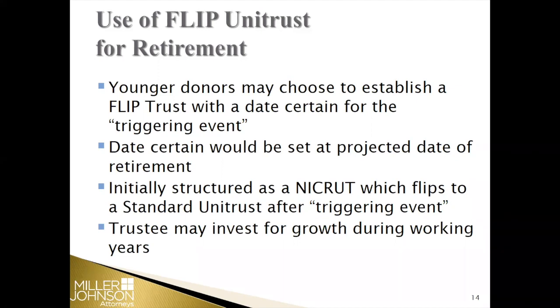So it's interesting. People don't think of charitable planning for younger people, but this is an example where it would work. You think about it like an IRA. The Unitrust is tax exempt, so those assets inside the trust are growing free of income tax until they're paid out. So it's a great way to tuck away some assets and plan for growth, maybe when you're younger, and pay out the lesser of the net income or the stated Unitrust percentage. And then when you reach that retirement age that you set in the document, you could pay out that standard Unitrust payout percentage. So a lot of opportunities there